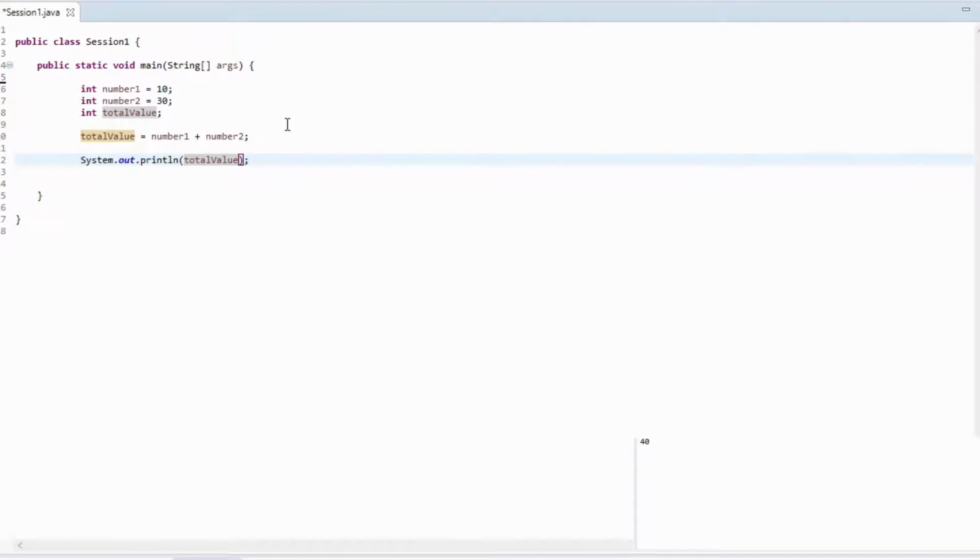Another thing is called concatenation. What concatenation is, is basically the combination of strings or numbers to get something totaled together. So an example of concatenation is this. Your total value